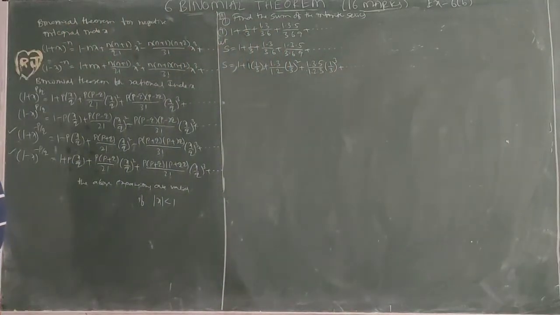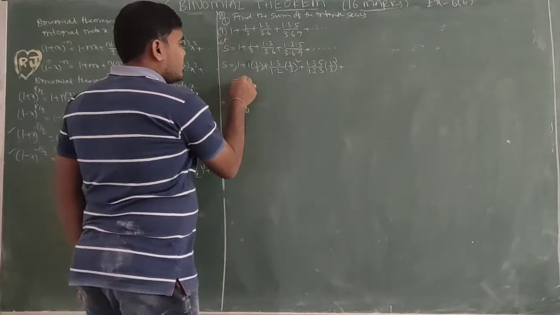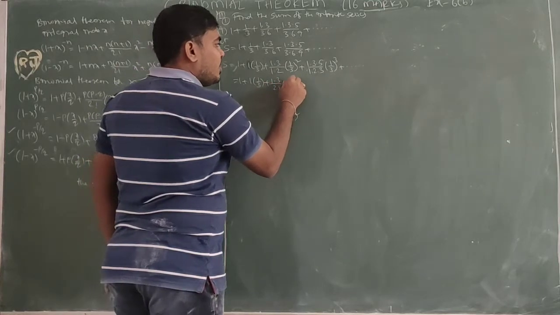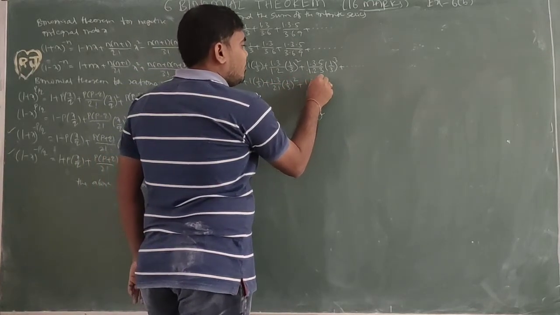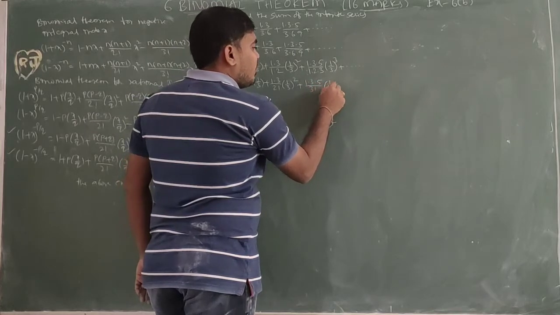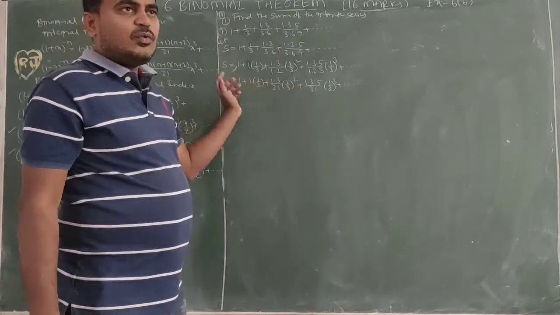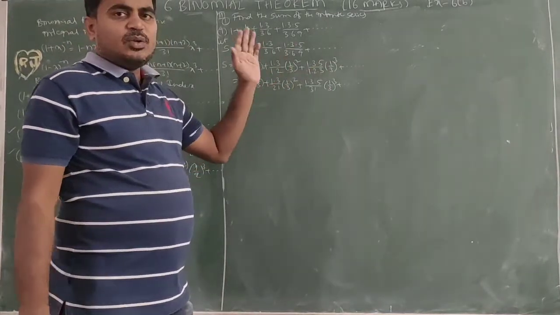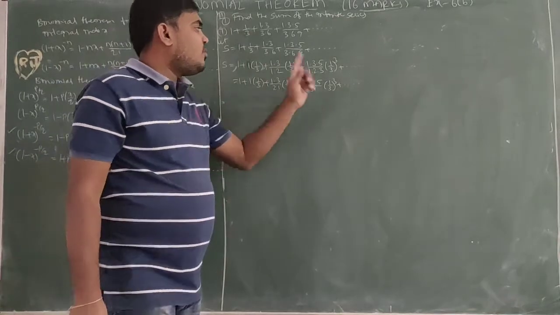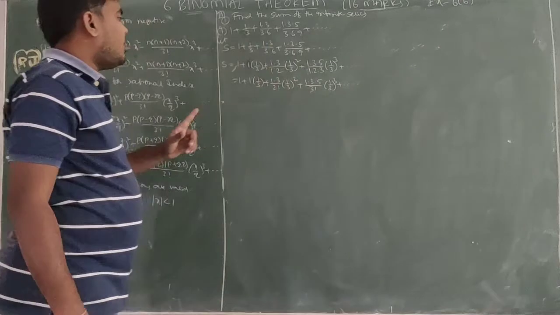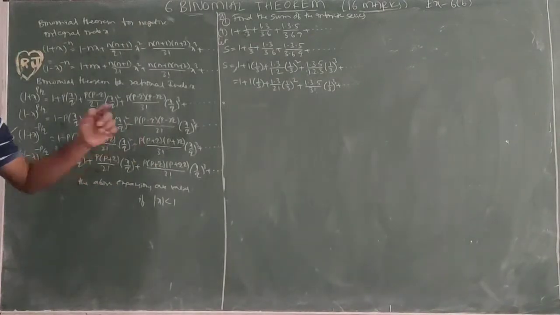This we got. Now 1 plus 1 into 1 by 3 plus 1 into 3 by 2 factorial, 1 by 3 whole square, plus 1 3 5 by 3 factorial, 1 by 3 whole cube, plus up to so on. Here I wrote 2 factorial and 3 factorial, since 1 into 2 is nothing but 2 factorial. If we observe this, what is the formula? Majorly these two formulas are useful. Here the signs alternate plus and minus in one, but here all are positive, so we must choose this formula.